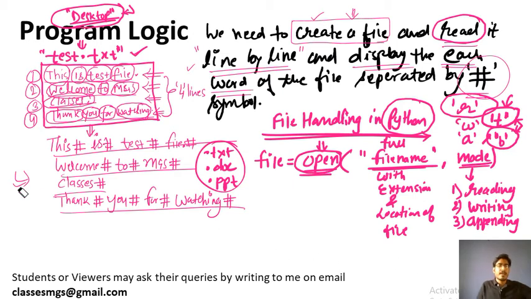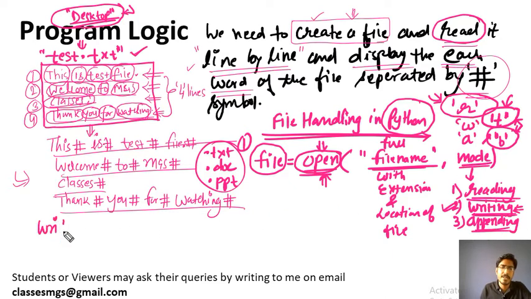Now, this is the first line you should write. To open the file you will use the open method, and then you will pass the file name that we have discussed just before, and then you will pass the mode. Currently we are going to read this file, so we are passing R. If you want to write to the file, we will see that in subsequent practicals. In that case I will tell you how to use the write mode and the append mode. What is the difference between write mode and append mode? This is a very interesting question.